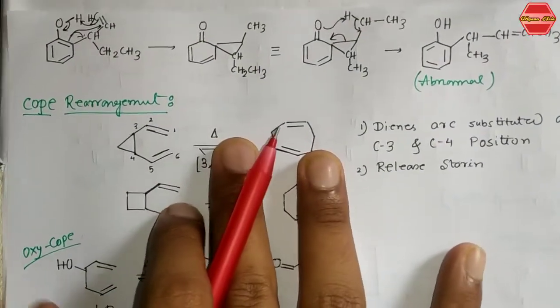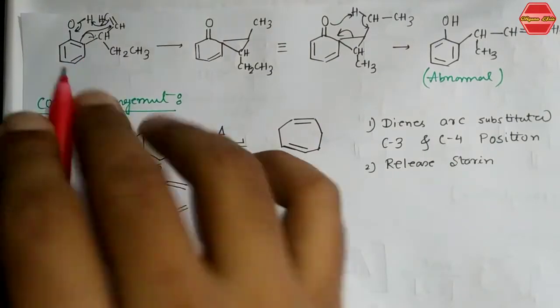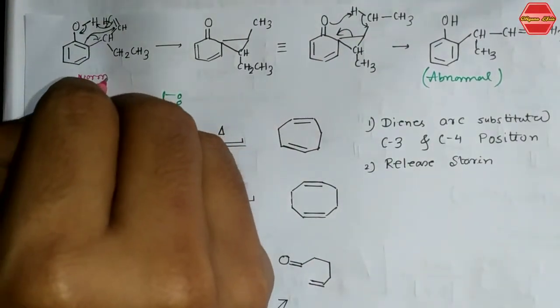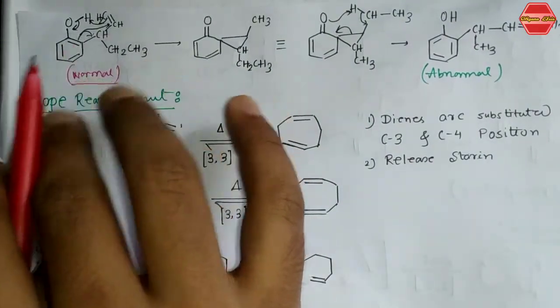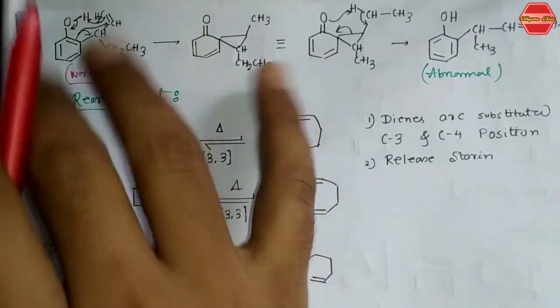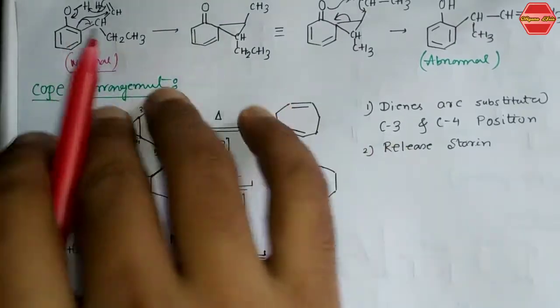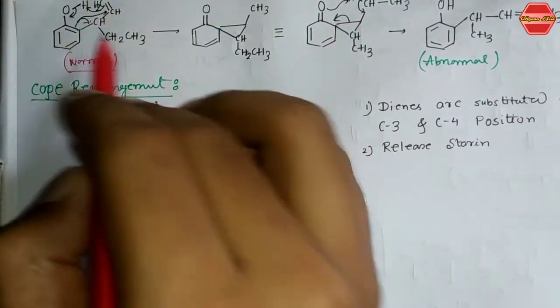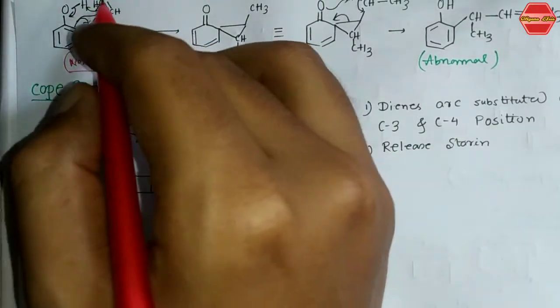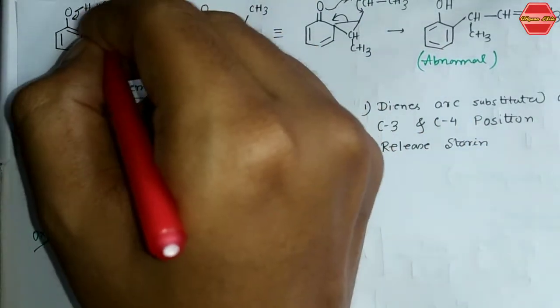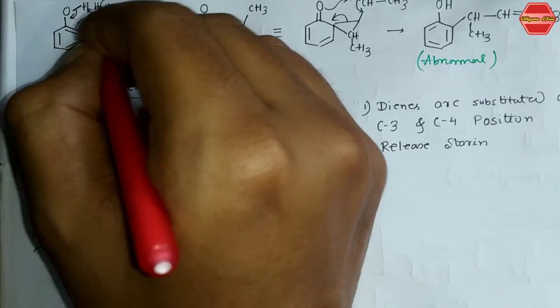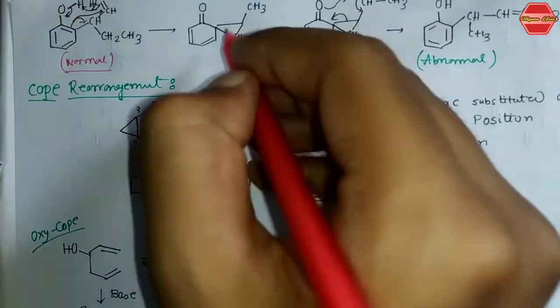Now here I am showing you that this is your normal product. The normal product you can easily predict and form by using the above concept. Now you have this kind of substrate, and you can write it in this way. So you have this OH over here. These bonds go here, and this double bond is directly attached to this double bond,